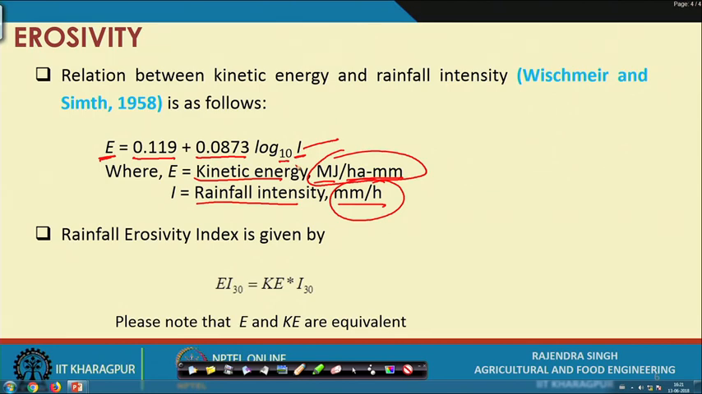Now, the rainfall erosivity index, as I already said, is given by EI30 equals kinetic energy times I30. Please note that E, which is used in the Wischmeier and Smith equation, and KE, which is being used here, are equivalent, they are the same. So, whether we write E or KE, we are talking about the kinetic energy, and I30 remains I30. So, R is EI30 or KE I30,